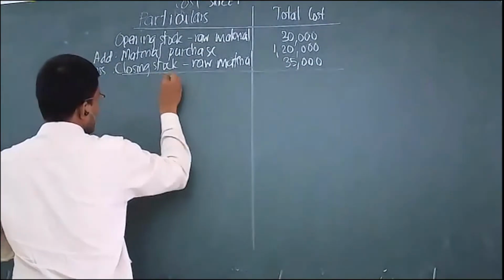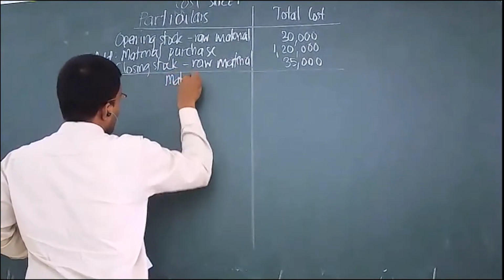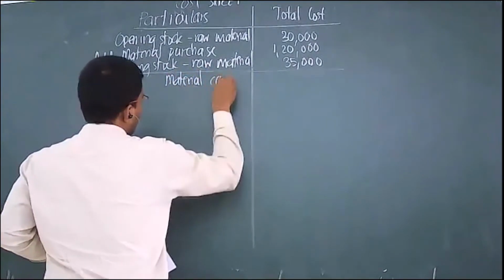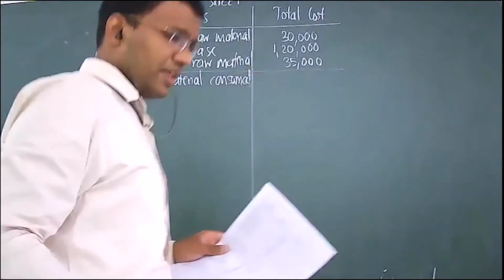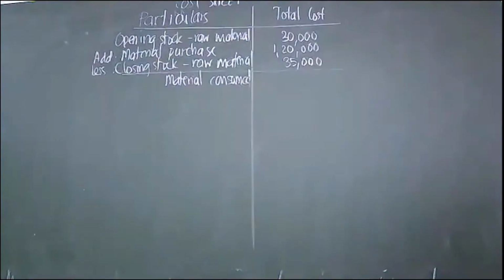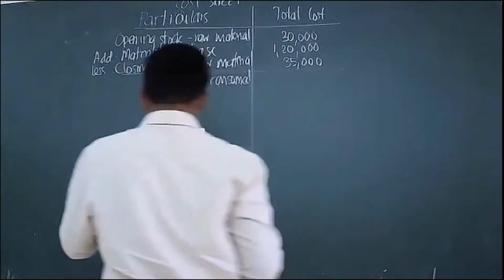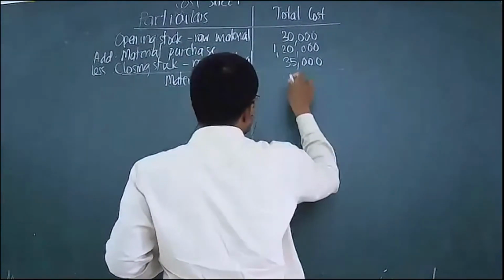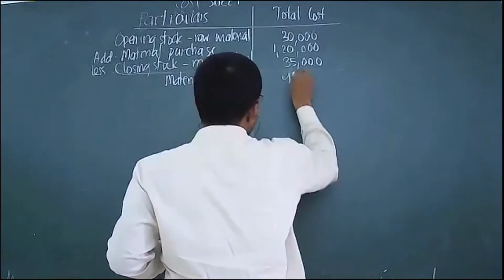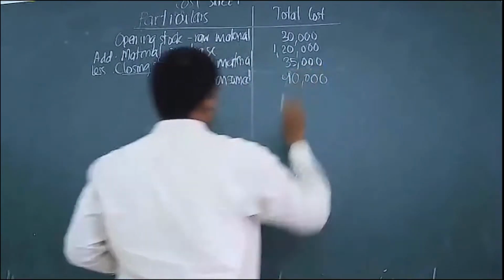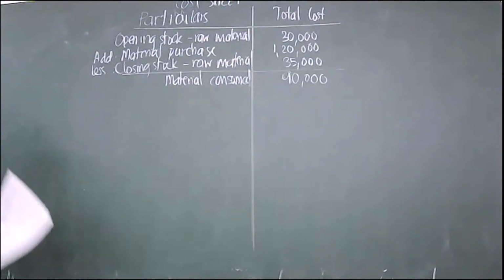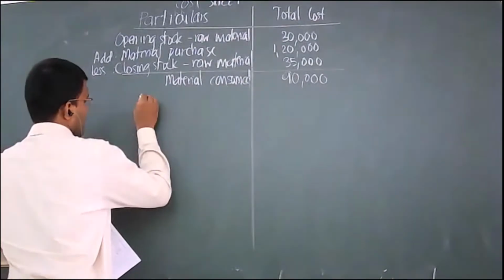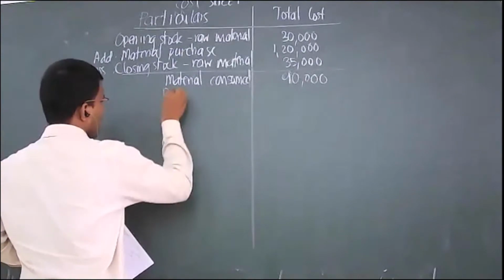What we're getting is the material consumed or material used by the firm. The material that is used by the firm until here would work out to be 90,000. Now, this is only the material cost. To this, we have to add wages. We have to add direct wages.